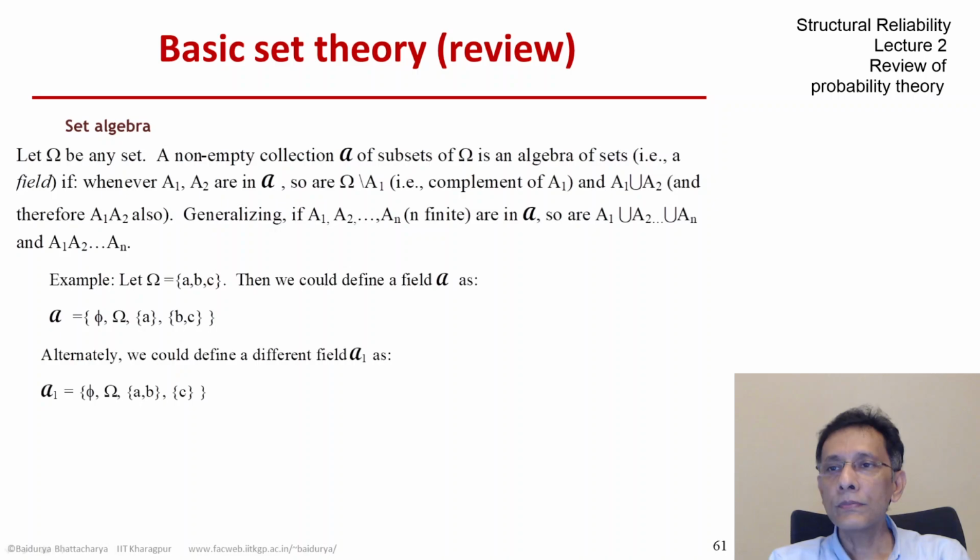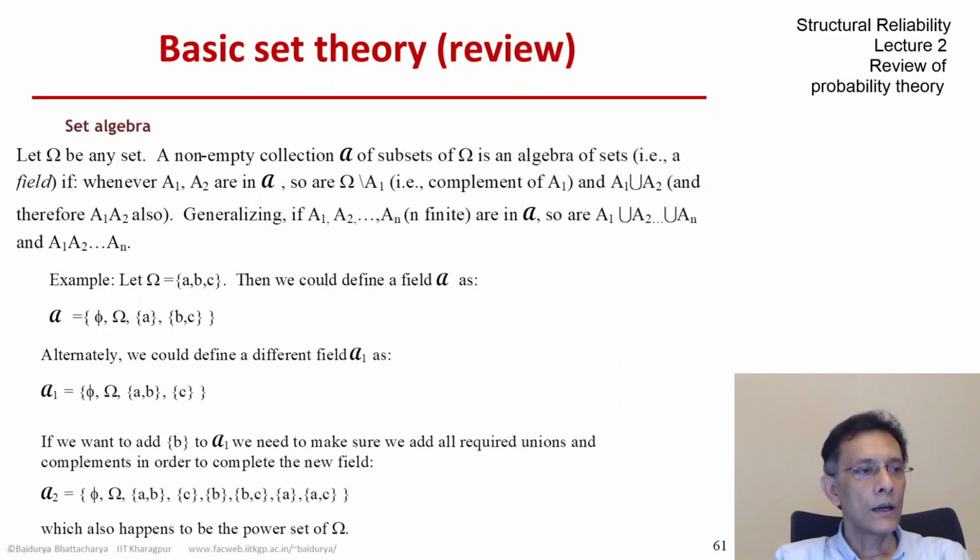We could also define a different field, script A1, and there we could have the null set, the sample space, and AB and C. So these 4 would also be a valid collection of sets. Now we might want to add the member B, the set B, to the collection of sets script A1. Now to do that, we must make sure that we add all the required unions and complements in order to complete the new field. So the moment we